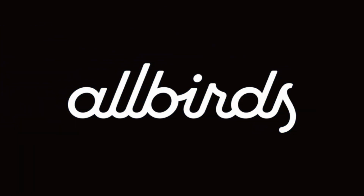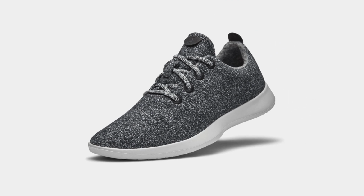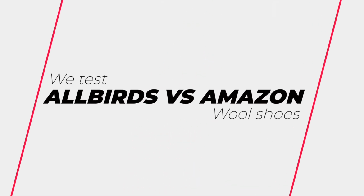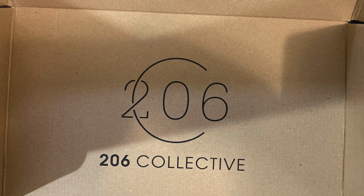Look too quick, you may just confuse these shoes for Allbirds. And we're talking about this today because it's actually turned into a huge feud between Amazon and Allbirds. So we test Allbirds versus the Amazon wool shoes. Let's check it out. Now, we've been calling them the Amazon Knockoffs, but the technical name for them is the